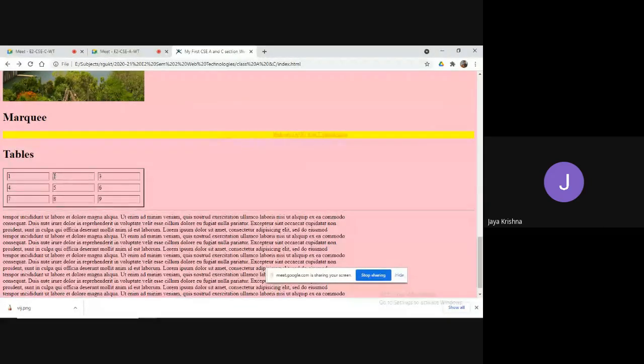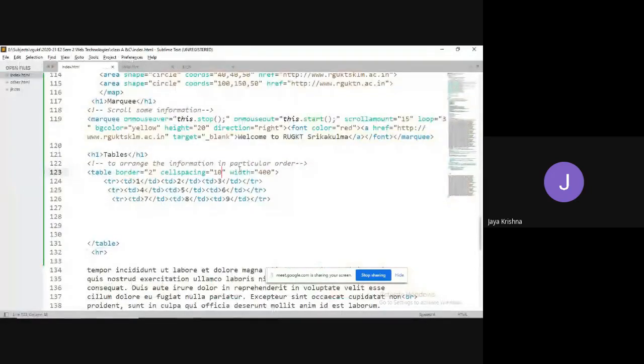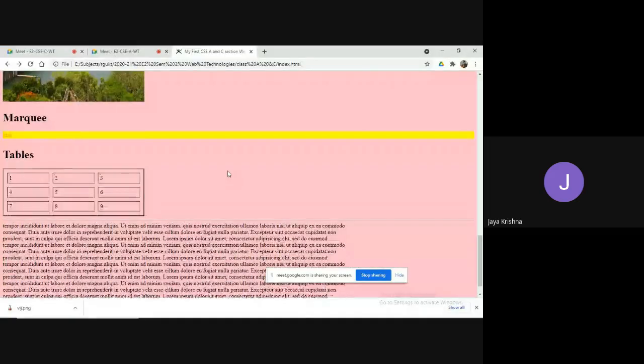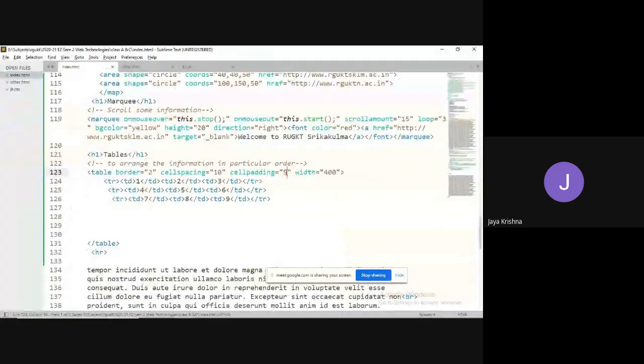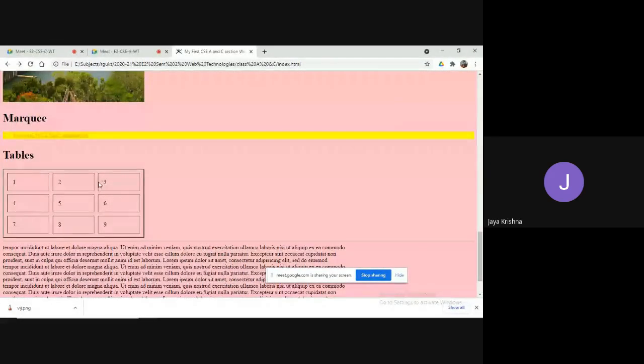And if you observe, it is a kind of cell. In that cell, there is no gap between the border and the number 2, the border and the number 1, or the border and the number 4. If you would like to increase the space between the border and the text of the cell, then I can go for cell padding. For example, I am taking it as 5. Observe, there is some gap. I would like to have 15. Now it will increase. Observe, there is some gap between the text and the border.